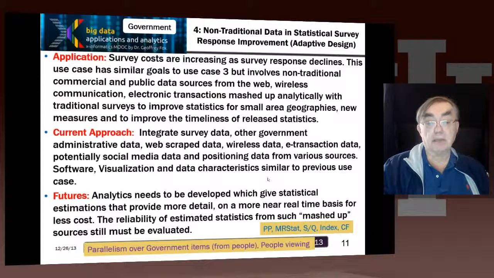So the opportunity is we can do web scrape data, electronic transactions, social media, geolocation, and we can get all that information and do the same types of things that we did before with the same type of software stack. So this is sophisticated new software to do surveys, where those surveys are probably going to be even more difficult to interpret because they're done using non-traditional data.